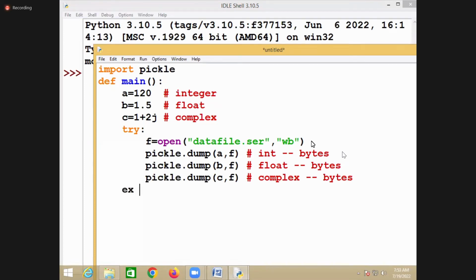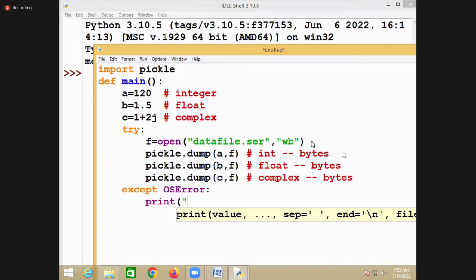So then the except block. In the except block, you are trying to handle the error. So that is OSError, and here you are writing a message: unable to create a file.